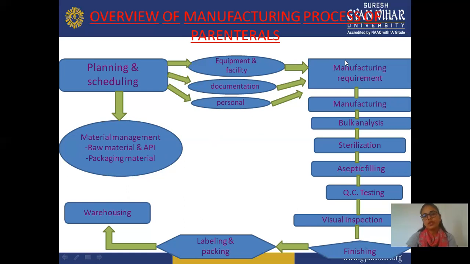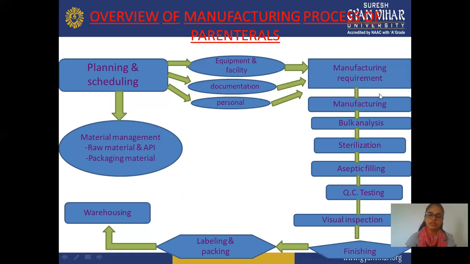Then after all this planning and arranging or scheduling of equipment, material, or personnel, all this thing, then start manufacturing or manufacturing requirements, which requirement is suitable, maybe equipment setting or some other requirement. Before starting, you should make sure that your complete batch has a uniform flow or doesn't stop